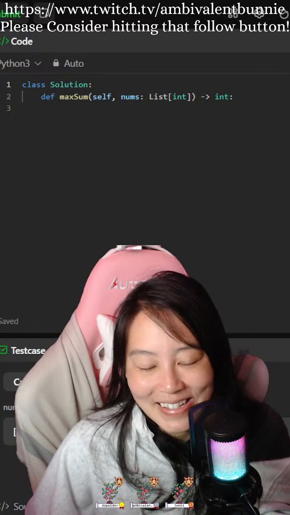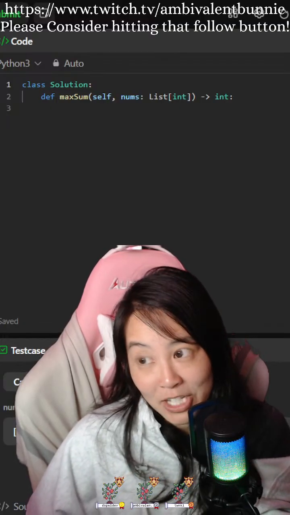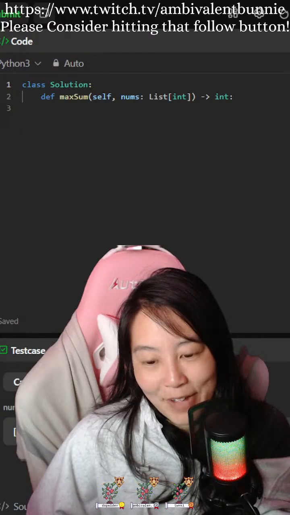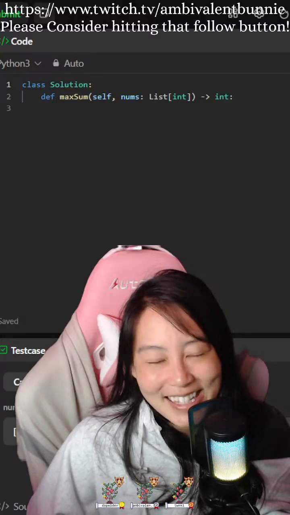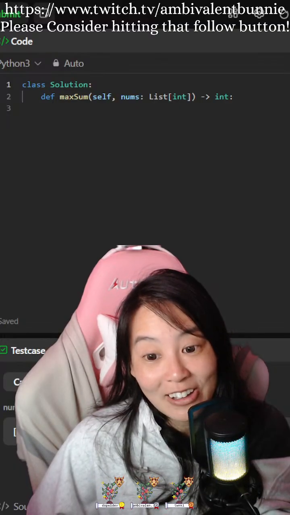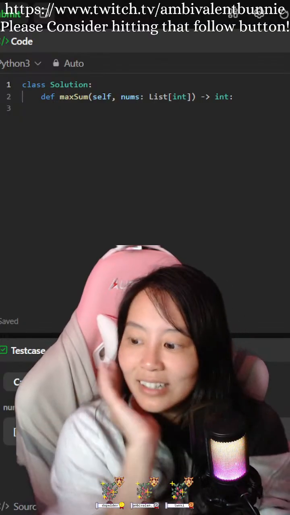As long as it doesn't, so, okay, I can already think of some edge cases. Basically, if I did set, I would have to make it and then get rid of all the negative numbers.